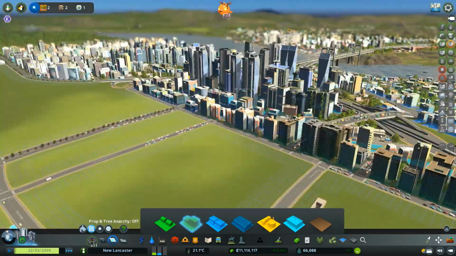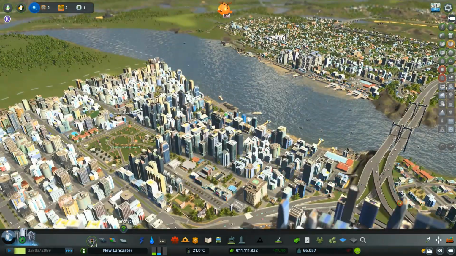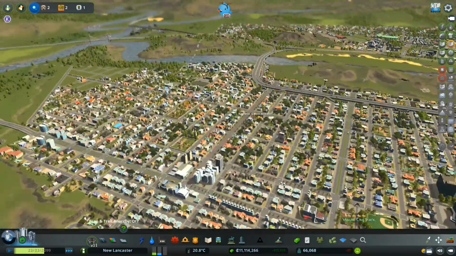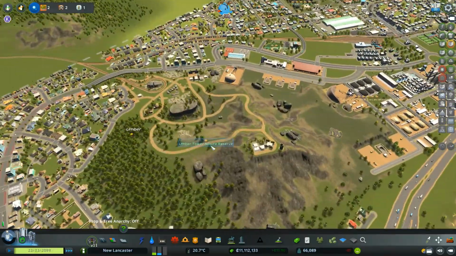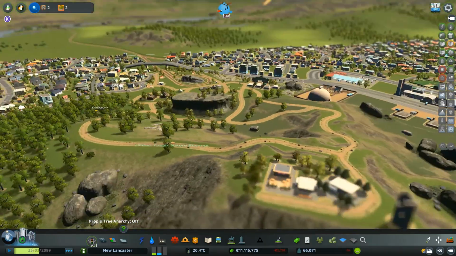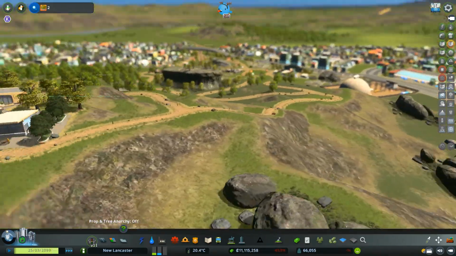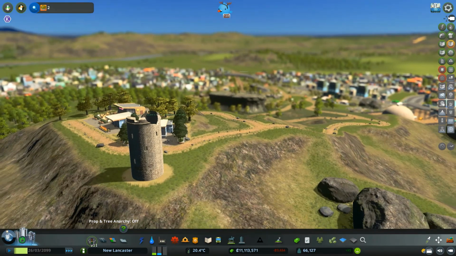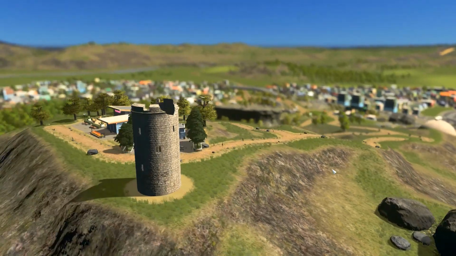And we'll see what we do in the next episode. But for now, I think this nature reserve is coming along pretty nicely. We're almost there. And I guess in the next episode, we will level up the park, add more to it. So we'll take it off from here. So I'm just going to set it up for the thumbnail.